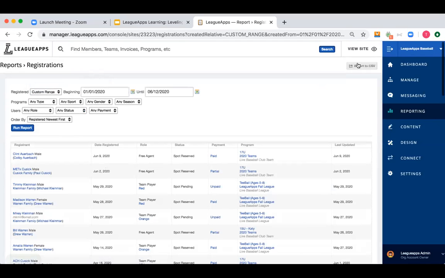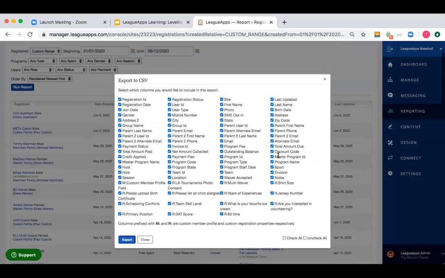There's going to be a lot of export options up top. One of them is going to be discount. It's going to be right here. You'll see what discount code they entered when they registered. And there's also one for credit applied. So if you export a report, you're going to have all that information on the user, and you'll be able to see if they used a credit or a discount code when they registered. Good question.